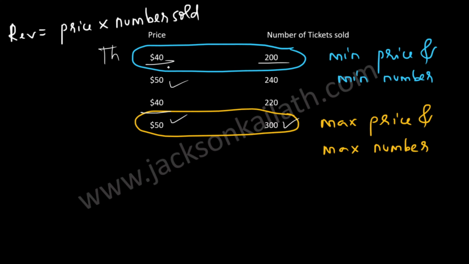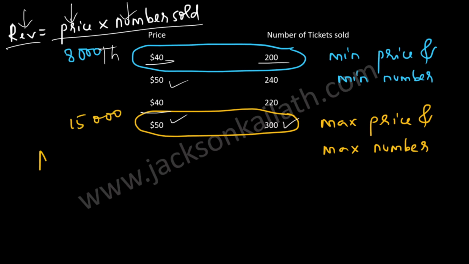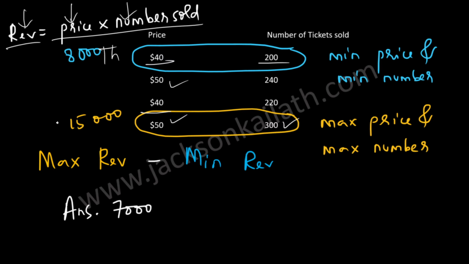Remember, revenue is price into number. If you minimize both, you will get the minimum revenue, and if you maximize both, you will get the maximum revenue. So the minimum revenue will be 40 into 200, which is 8,000, and the maximum revenue will be 50 into 300, which is 15,000. The difference is 15,000 minus 8,000, which is equal to 7,000, and that is your answer,